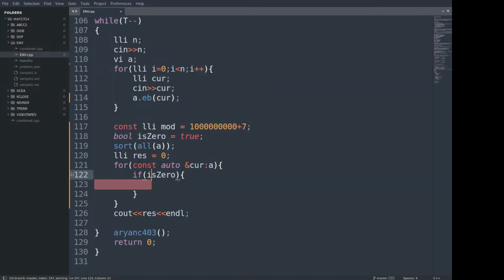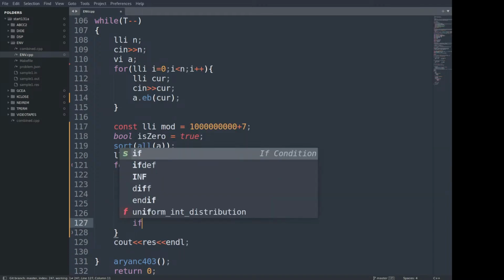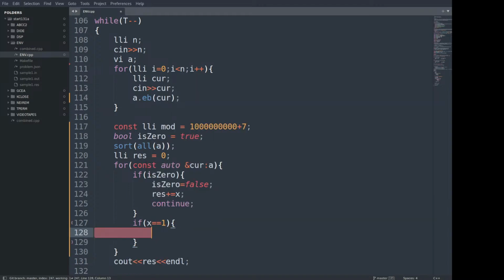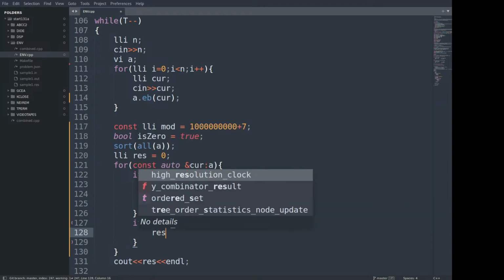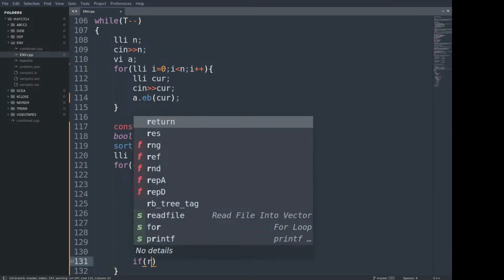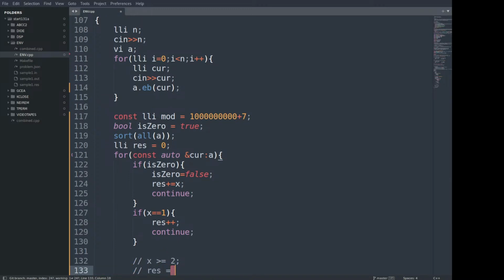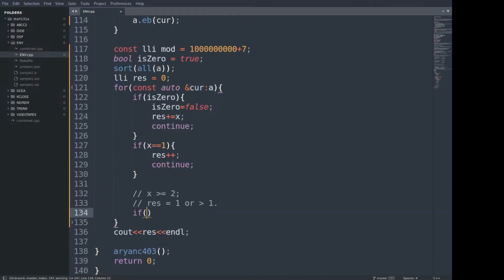If the current number is 0, now the number is no longer 0 and res plus equal to x. Continue. If x is 1, then we should do res plus plus and continue. Otherwise, x is greater than 2 and res can be 0, res can be 1, or greater than 1. So the idea here would be